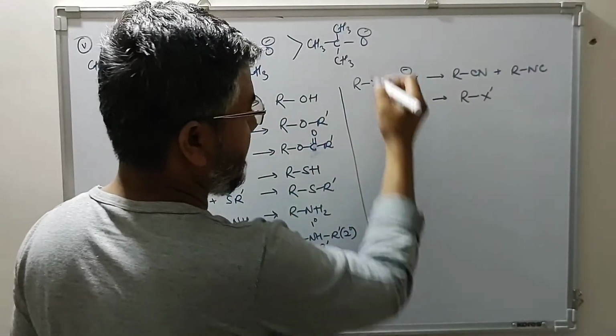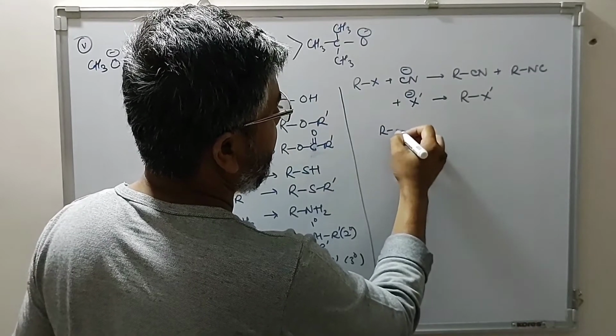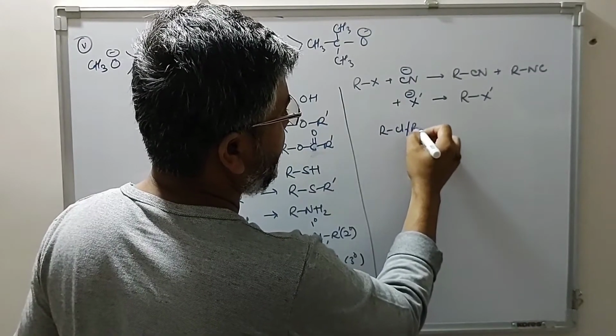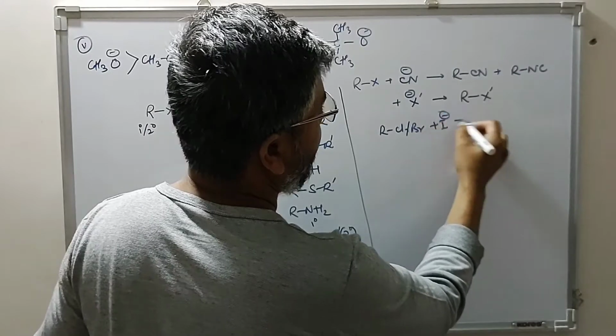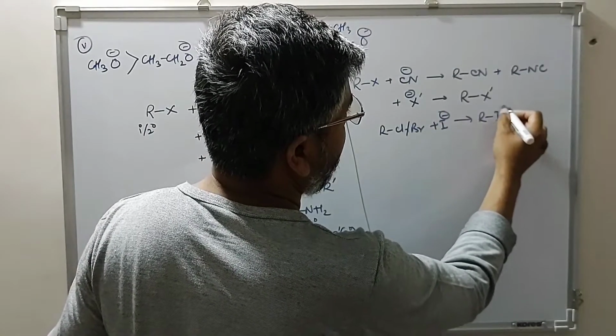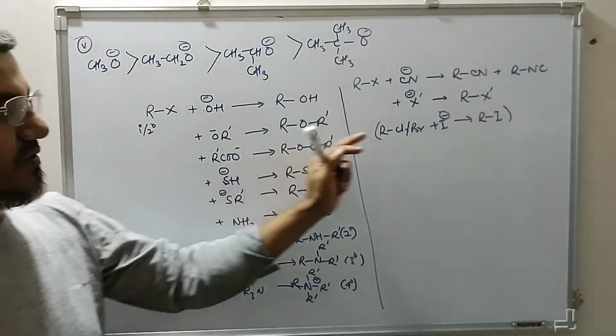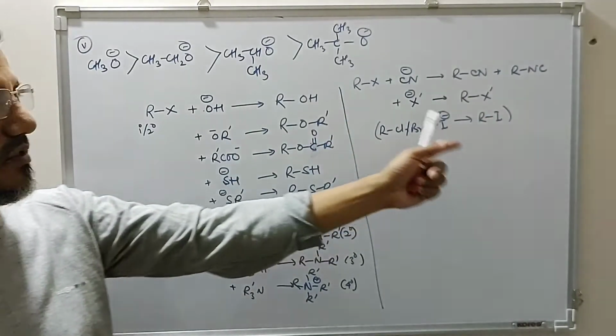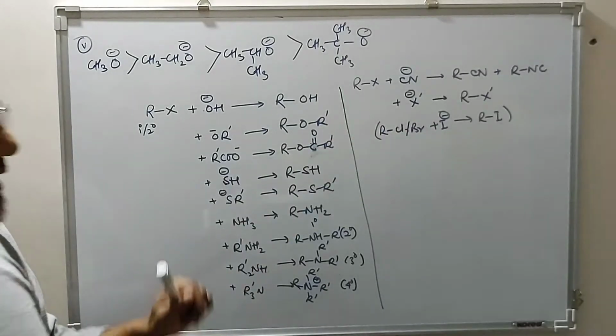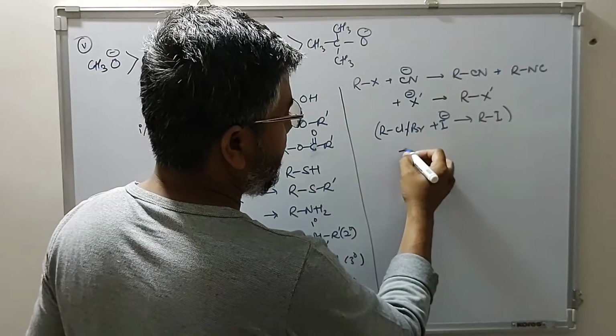We have taken this example, look at this, RCl or Br reacts with I minus to give you RI. Halogen exchange reaction, which was known as Finkelstein reaction during the method of preparation of alkyl iodide. These react with